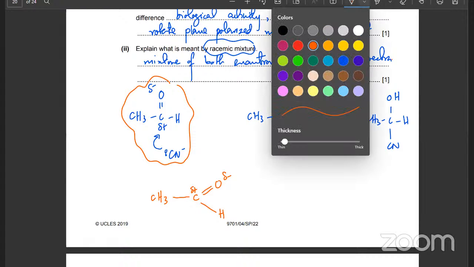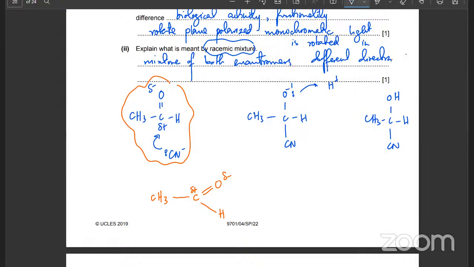If it's interested in this carbon that's positive, then the CN-1, remember, it's a flat planar molecule. It's like a fan-shaped molecule with a carbon in the center. So the CN-1 can attack from the top, or it's got another choice. The CN-1 can come and bond from the bottom as well. In both cases, you're going to form, if it comes from the top,